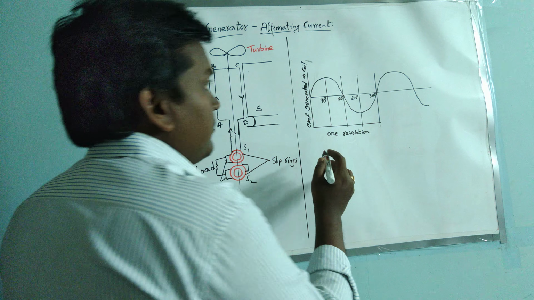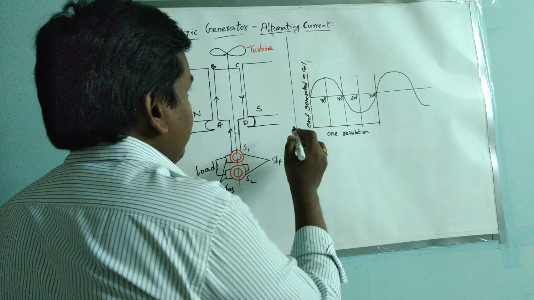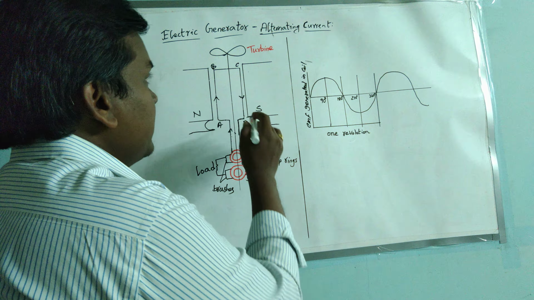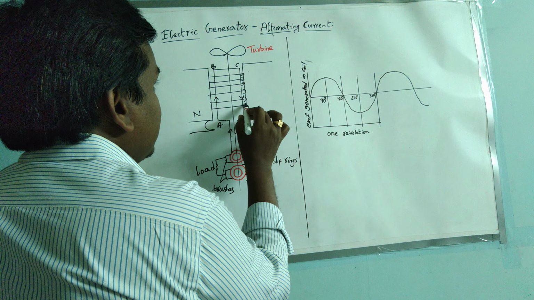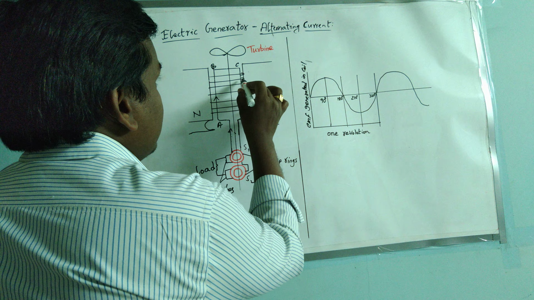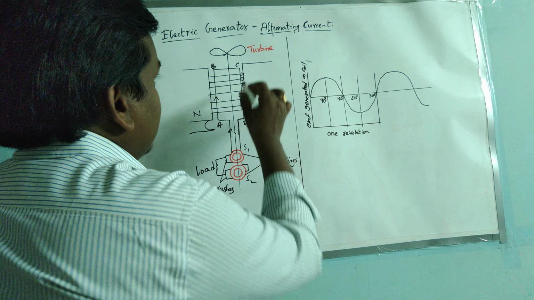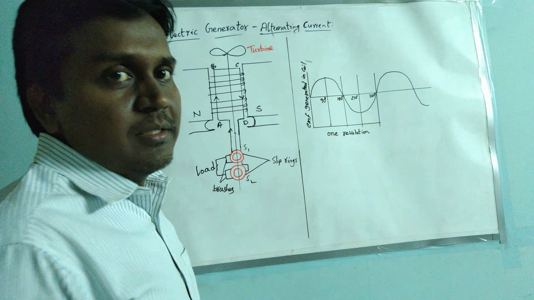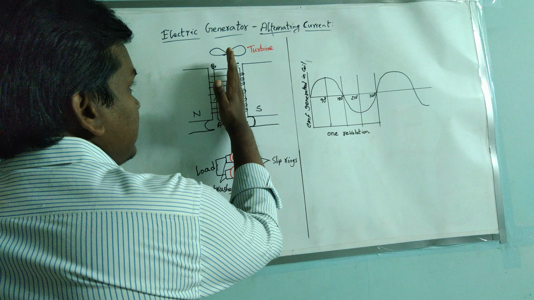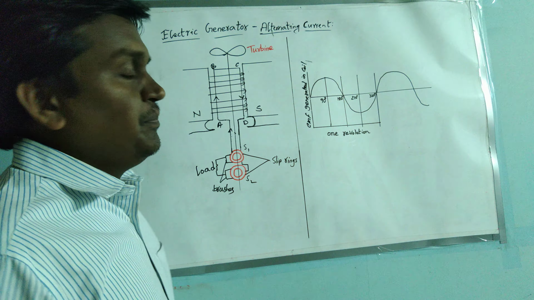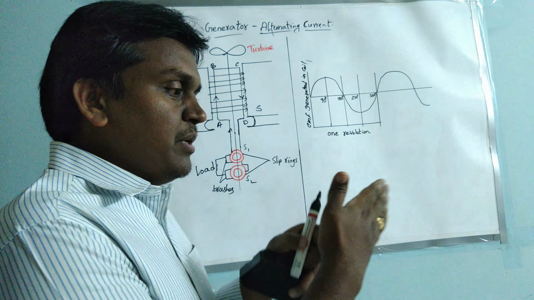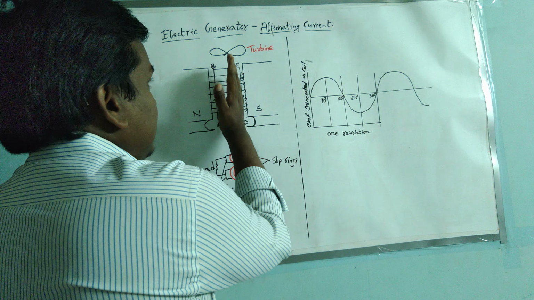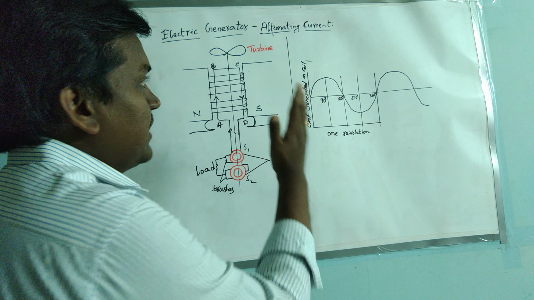And if you consider the graph of this alternating current, first this armature will be placed vertically like this, and we know that the magnetic field will move from north to south. So the field lines passing through this armature, you consider 1, 2, 3, 4, 5, 6, 7. Seven lines are passing through the armature. When it is vertical, the number of field lines passing through the armature is maximum.